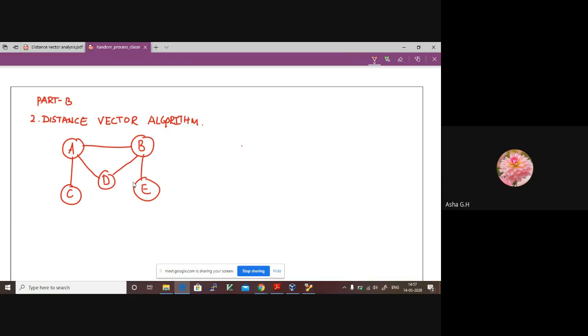If we define the cost or weights between the nodes, say this is 3, this is 2, this is 1, this is 5, this is 2, and this is also connected through 1. This is a topology of all the routers involved in the network that we have considered.